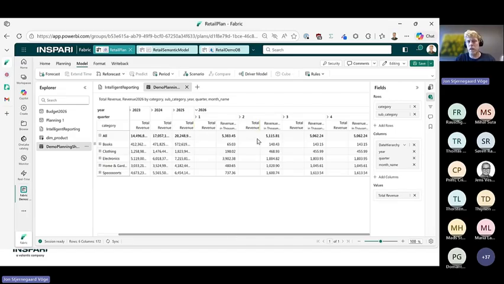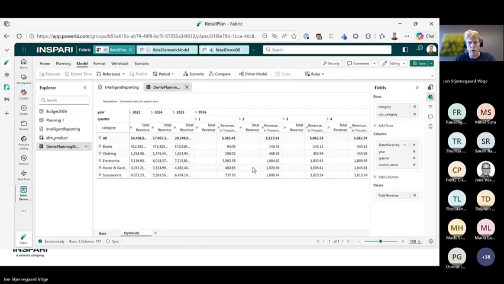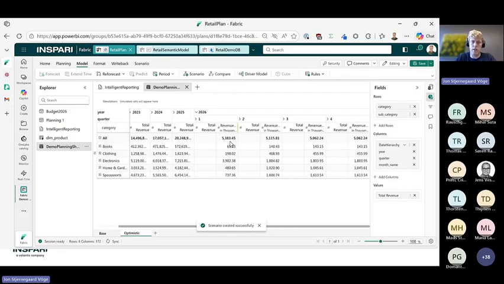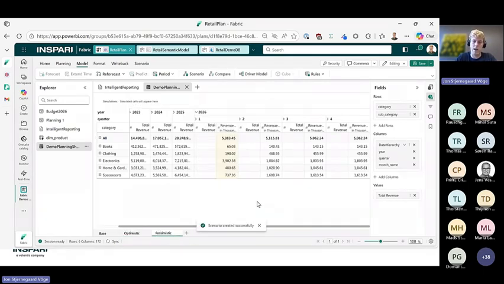You can also, of course, look into adding multiple forecasts. It can be done by just clicking the forecast button again, but you can also create scenarios. So I could say that I have here a very optimistic scenario where I think we're going to be doing really well. Let's just add a little more money to this scenario. But I could also create a pessimistic scenario in which I decrease the revenue here substantially.